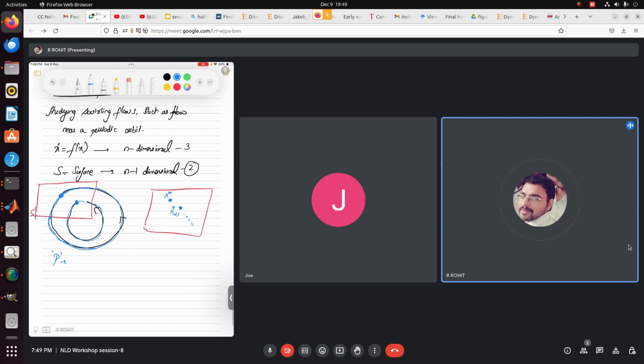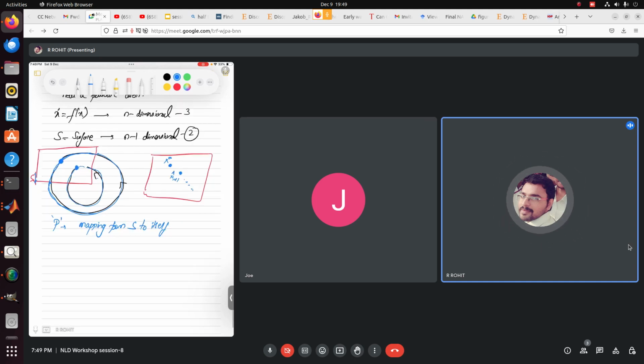So I will just write it down. It's a mapping from S, that is our surface, to itself. So we start at some point on S and we look at where the trajectory comes back once again. That is the mapping from S to itself,